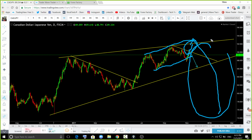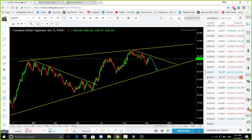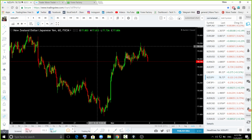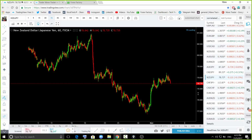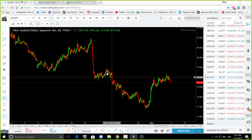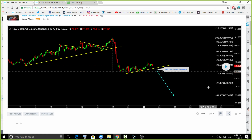Okay, that move, that wave. So yen pairs are setting up for that bigger wave. So New Zealand yen, I'm not interested. I hope you have taken your profit. Last week I showed you this flag and told you to maximize your profit. The fellows who sold at this area, I hope you maximized your profit. So currently I don't see there is a nice